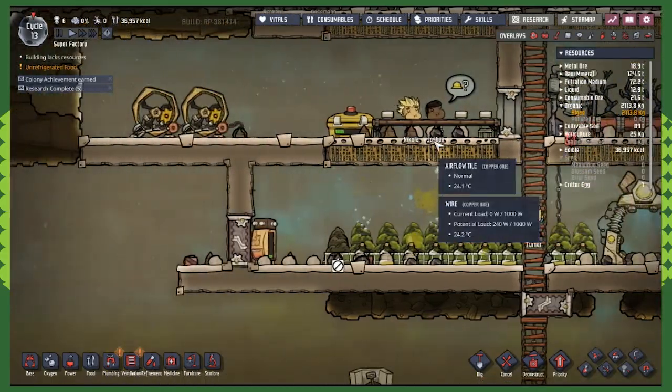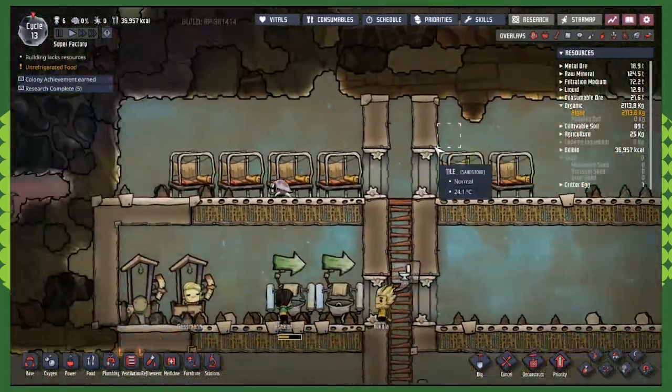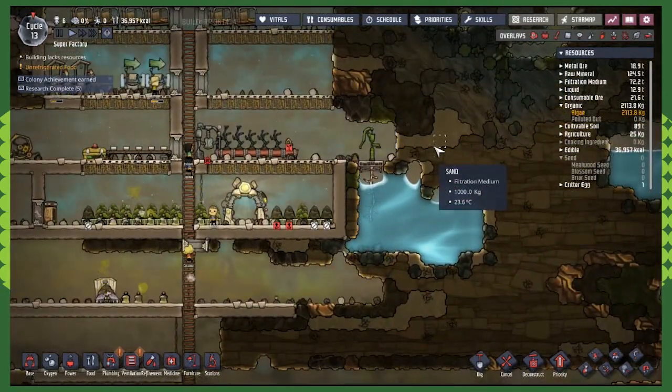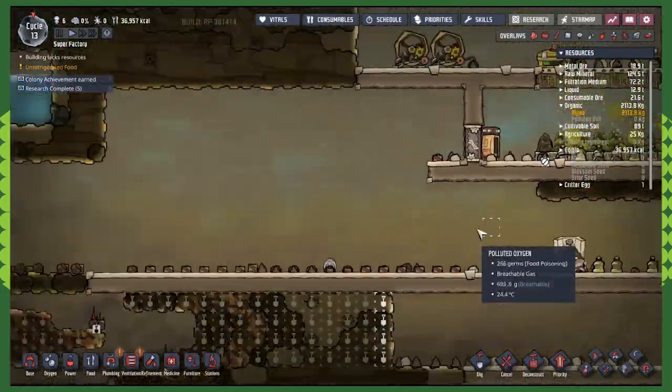I also need light, which means it needs power. It doesn't need a lot of power, but it's still a requirement. So I don't know if Bristle Blossom's the way to go currently. Because I don't have a way to recycle all this polluted water. Though now that I am realizing I have all these algae terraria,